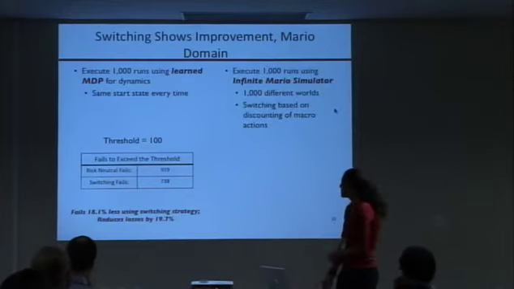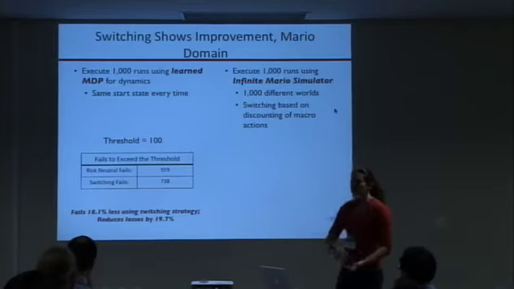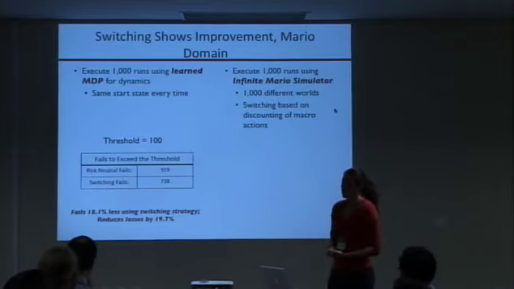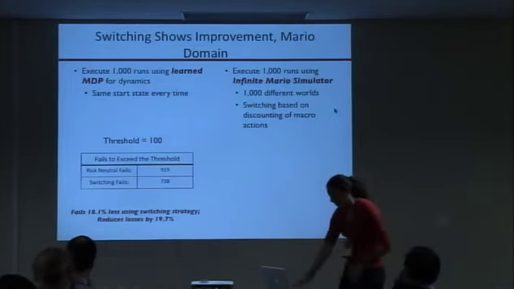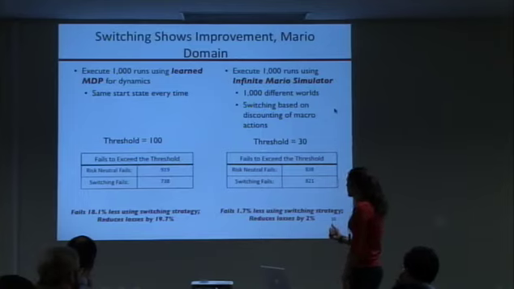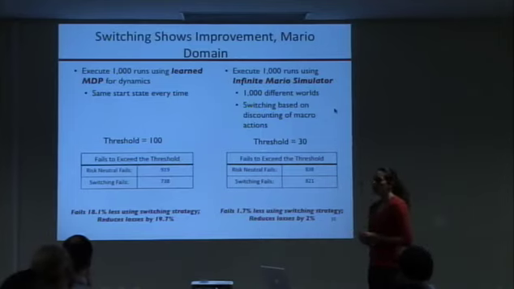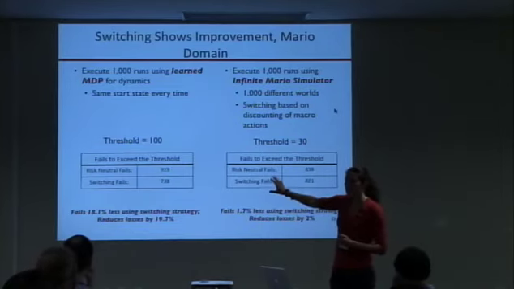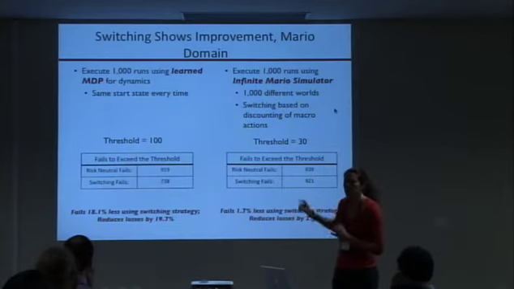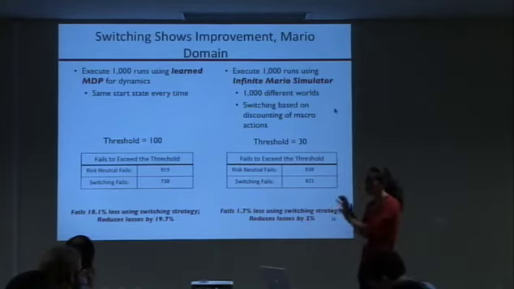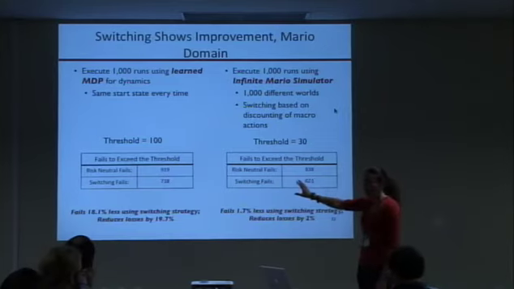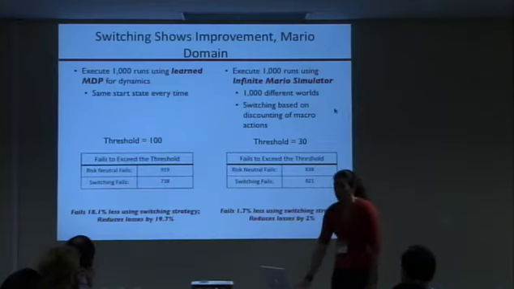And in the case of the simulator, we executed 1,000 runs over 1,000 different worlds, so it wasn't necessarily just the worlds that we were training against, and we're switching based on this discount macro action. We were using a smaller threshold, and we see there actually wasn't a lot of improvement, but there was a little bit of improvement. Something to note was that the reward thresholds for this MDP Mario domain were a lot more optimistic than those in the simulator. This is because it was showing maybe there are more coins in the environment than is actually true. So this is an example of a well-modeled world and a world where things weren't modeled as well, but you still get